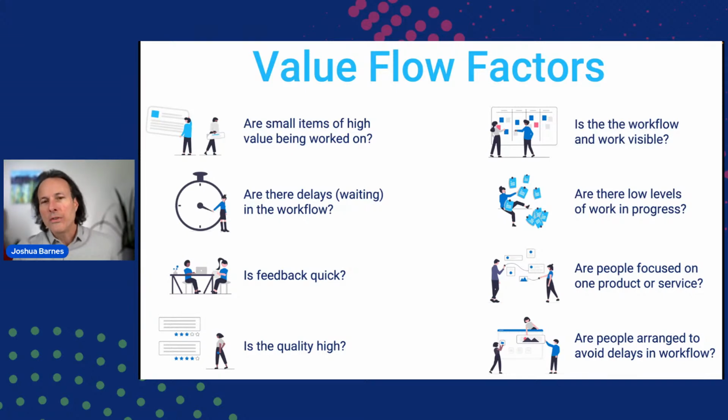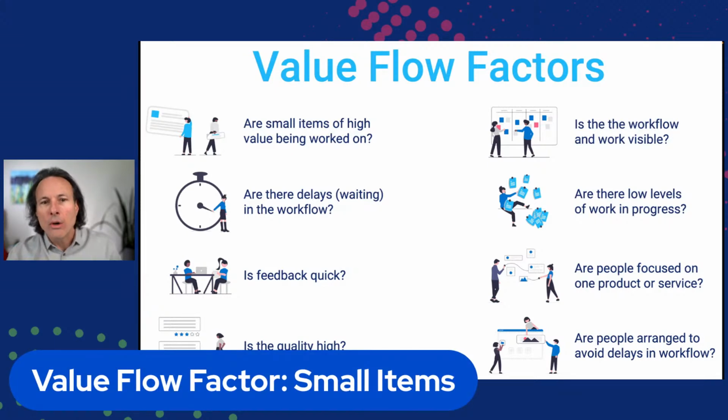Now, for most of the organizations we have an opportunity to work with, and taking a look at the value streams that exist in those organizations and the work that's flowing through them, for most of these questions, for these 8 factors, the answer would be no, right? There are almost always improvement opportunities for all of these. So for today's topic, the value flow factor, small items,